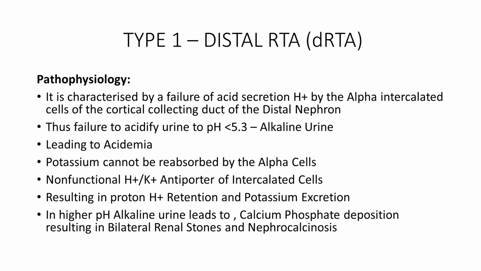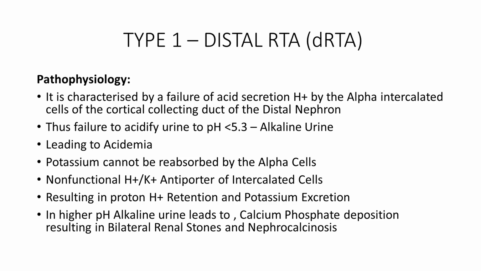So to maintain homeostasis, that is controlled acidemia and maintain potassium ion. So this is basically the non-functional antiporter of the intercalated cells, resulting in proton, that is hydrogen retention and potassium excretion. Now, since the hydrogen is not being secreted, the urine is not acid, it is basically